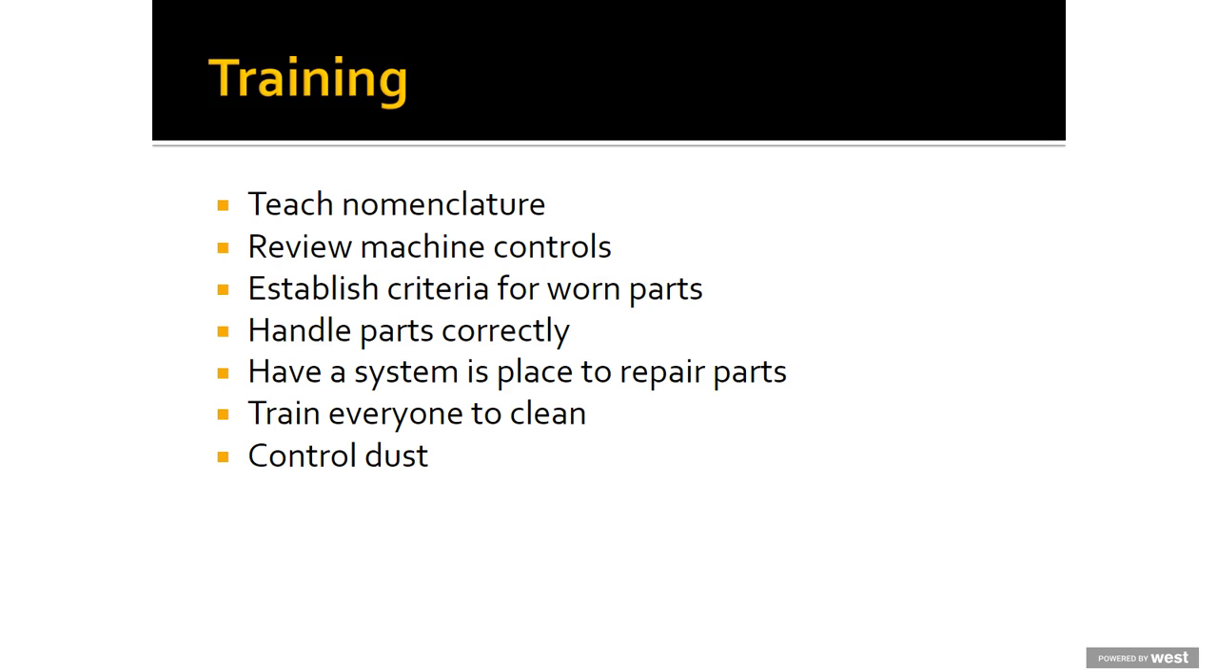The third bullet item here, I think, is a huge one. Establish criteria for worn parts. What that really means is when a part wears out, don't throw that part away. Keep that part. Take pictures of that part. Create a list of wear components and when you would replace them. And now you have examples so that when somebody else is being trained or a new manager has to make a decision, it's not so subjective to